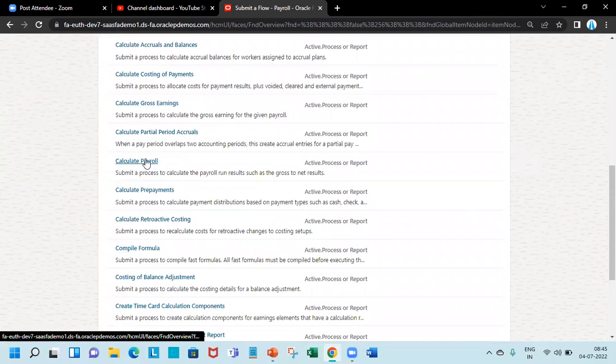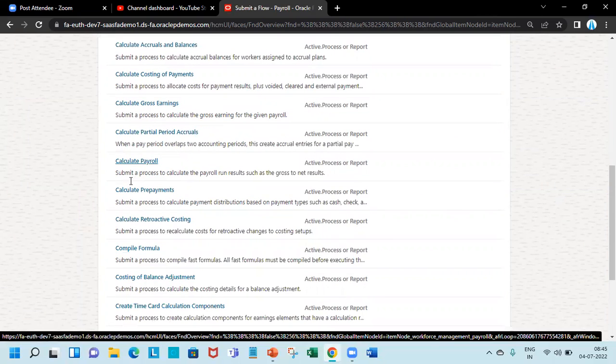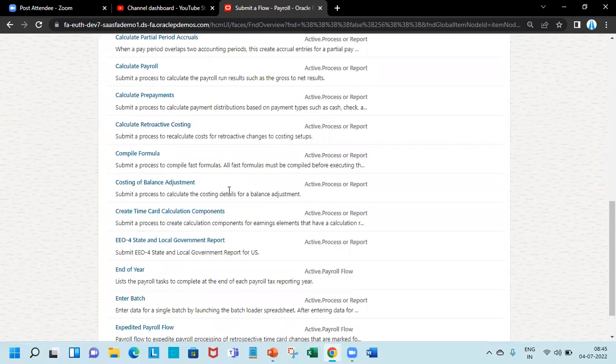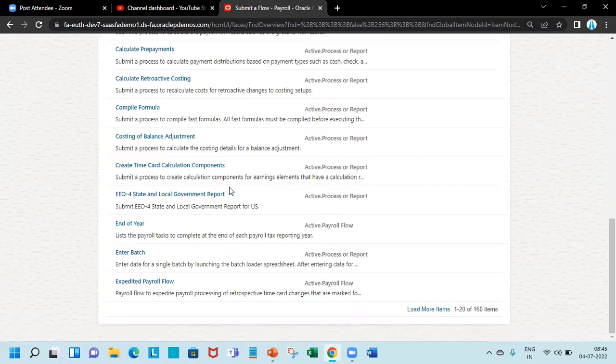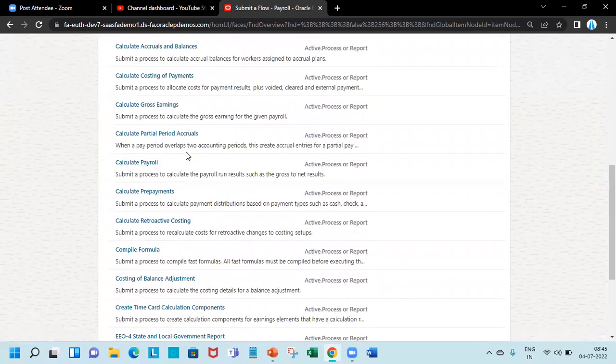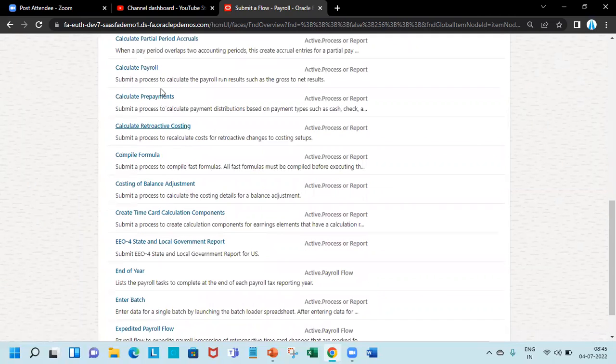See, these individual processes are there: calculate payroll, calculate prepayment. So you can submit them individually also. So if I try to submit a payroll process individually, I can just